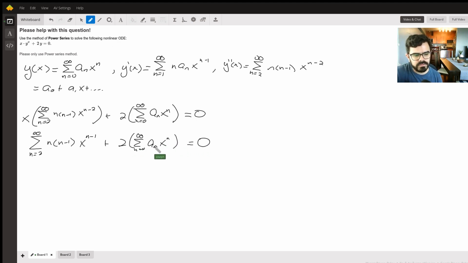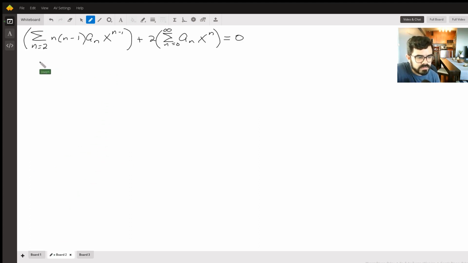And now what we want is to find conditions on the coefficients. I know that's ugly, I'm sorry. But we want to be able to make these terms the same power. So now we would need to manipulate this index in a way that this is expressed in the same power of x. So the way we do that is, let's see,